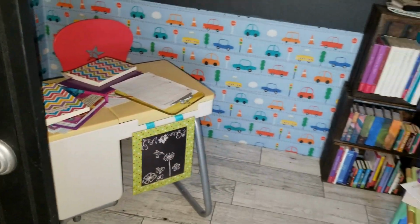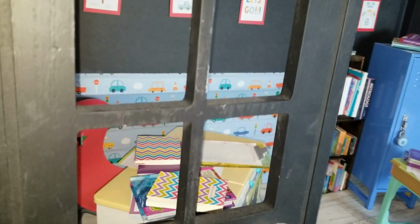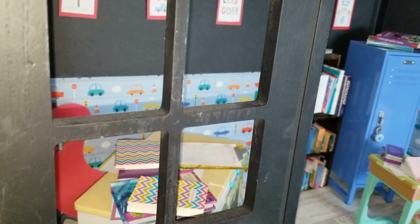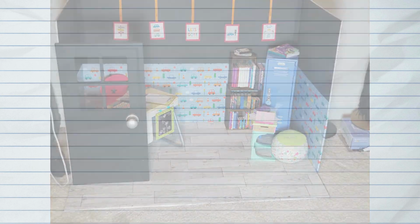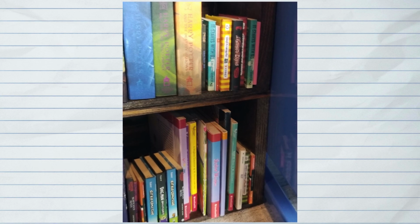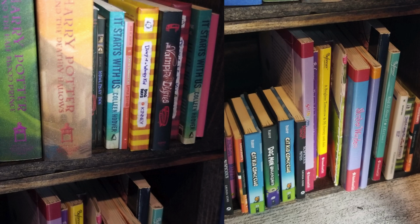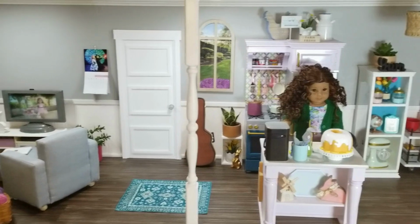So we had gotten this door just for photo opportunities and then realized it's too short for the dolls. See, it's too short. But you can do this cool thing with it. You can get pictures like you're looking into any space that you want through a window or looking out of a window. So it's good for pictures. There are all the miniature books. Love, love, love. And then I'm saving for last the tour of the dollhouse